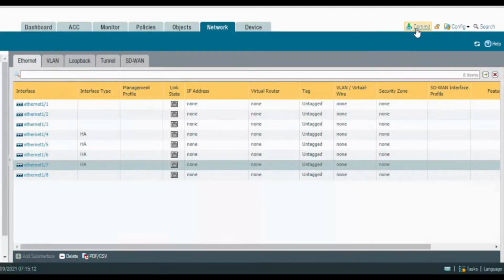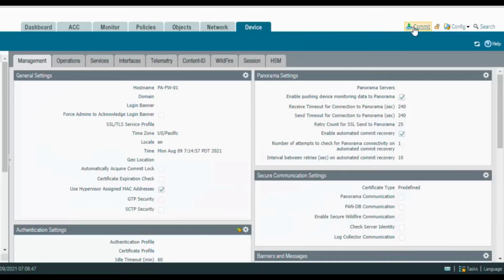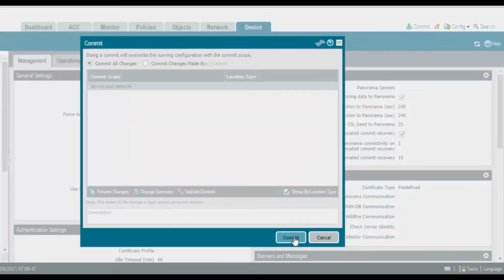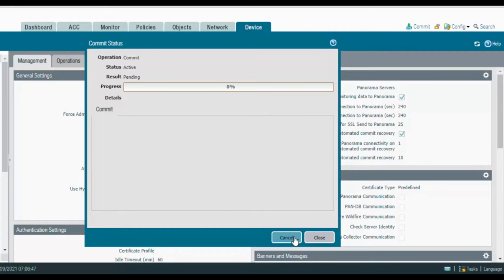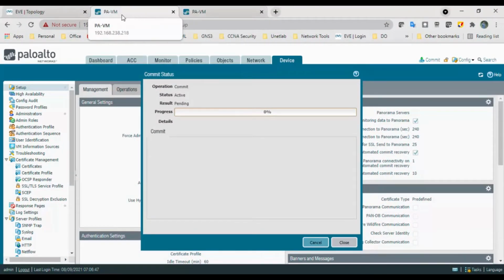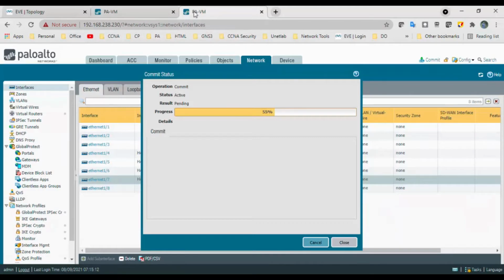Okay, commit the changes. Here also we will commit the changes because we have changed the firewall host name, so at the top it will reflect PA-FW-01 here and PA-FW-02 here.